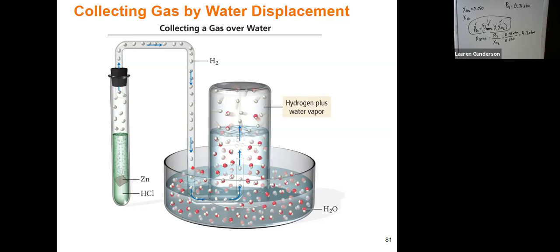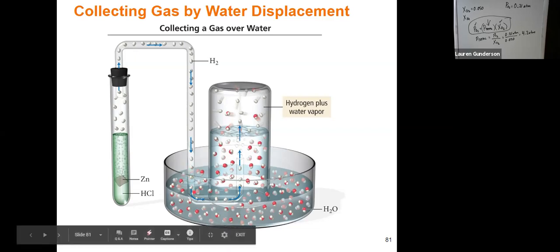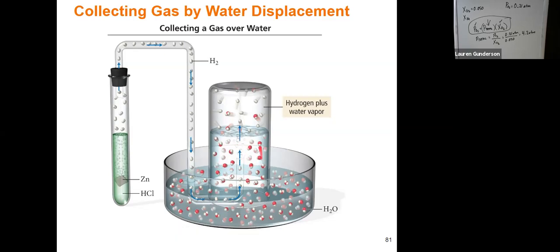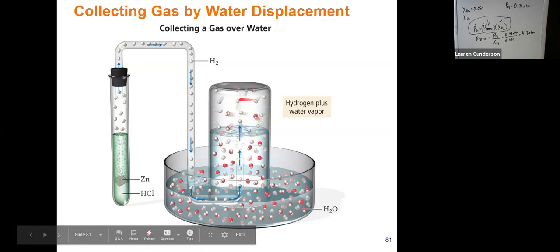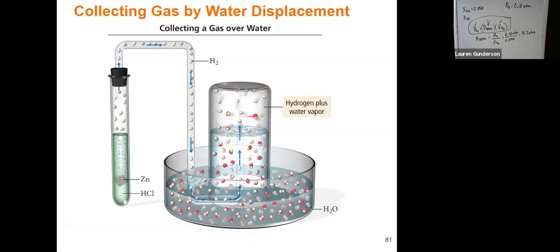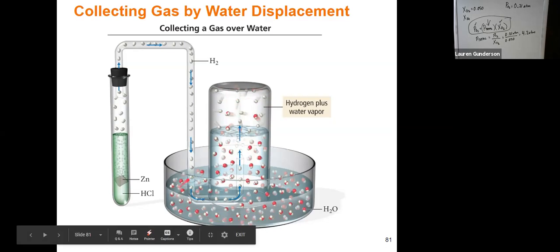So we want to know how much gas is being produced. So we put this beaker over here with water in it. We put it over the end of the tubing. So now as gas is being produced, it's going to fill up the space here. And the more gas is produced, the more space it's going to need. So it's going to start to push the water out of the beaker into the surroundings here. And we're going to be able to measure how much water was actually removed from the beaker and pushed into